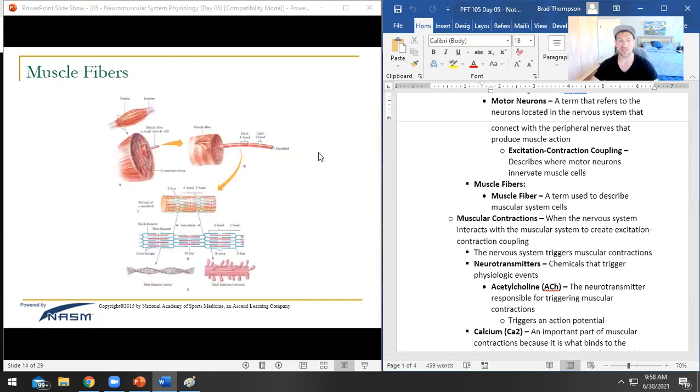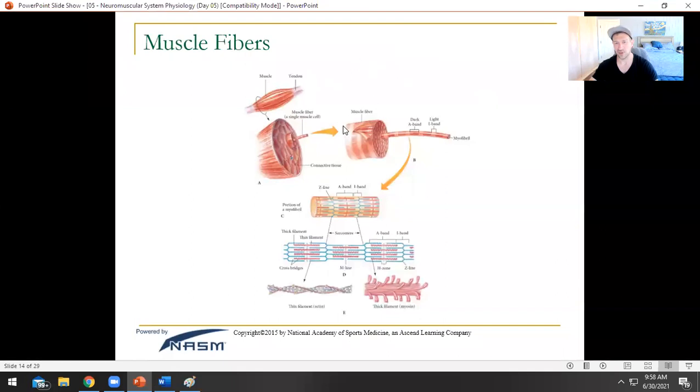So when we see a neuron travel down, the neurons we've been talking about today are basically all motor neurons. And what happens is an electric signal will travel down a motor neuron, and then it will zap the muscle, creating excitation contraction coupling. It describes where the motor neurons are innervating, zapping your muscle cells, right? So it would travel down